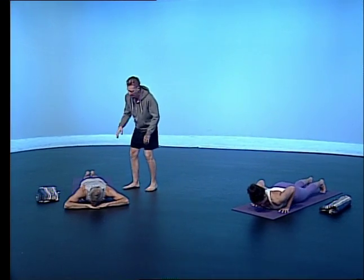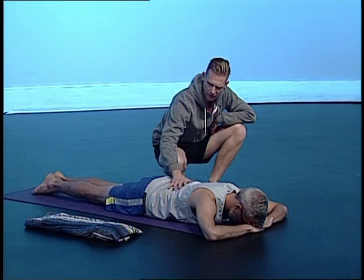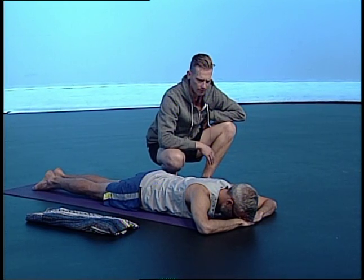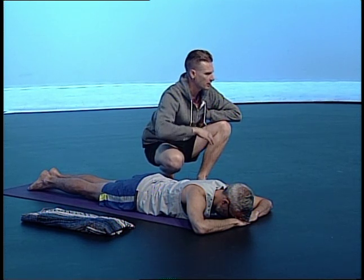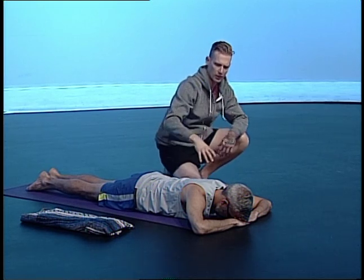And just this feeling that instead of wanting to breathe down into the mat, the breath wants to fill into the back of the body, rise up into the back of the ribs. A little bit of a firmness in the belly here. So we'll take one more breath. And then from here, essentially, if you just don't change what's going on too much in the arms and shoulders,